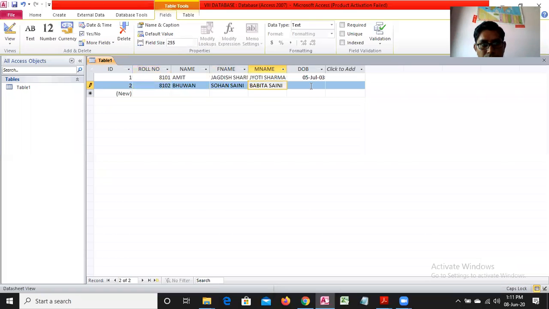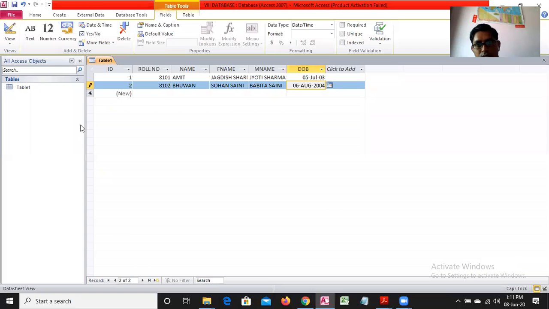Next, an important part is date of birth. Date of birth you define here like 6th August 2004. Like this you have to make the details. In ID, automatic numbers are generated here. So: roll number, name, father's name, mother's name, date of birth.